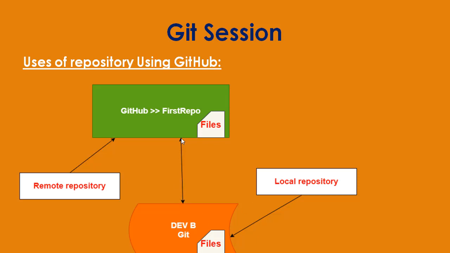After pushing these changes, the same file will be available in the GitHub repository I created in the earlier session. Here you can see dev B has pushed some files from the local machine using Git to the remote repository. In the diagram I have added first repo, but in my GitHub account I have created the GitHub repository as Satya2. Here Git resides in the local machine and GitHub resides in a remote system. In this way we can perform pull and push of files between the local machine and the remote repository and vice versa using Git and GitHub.